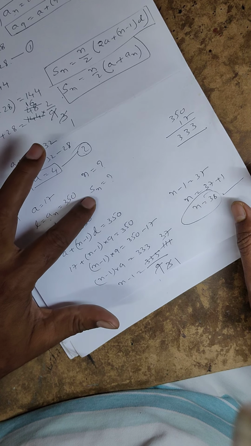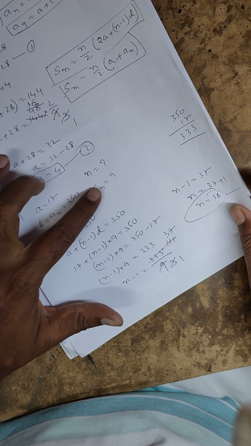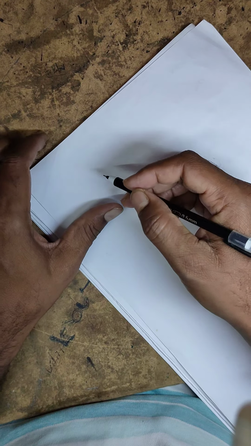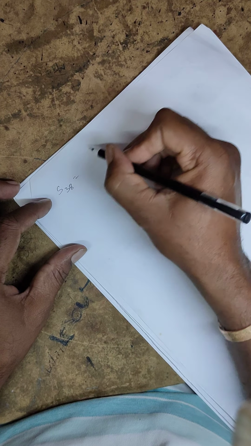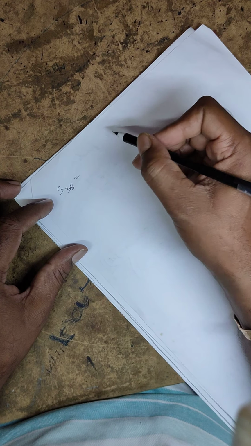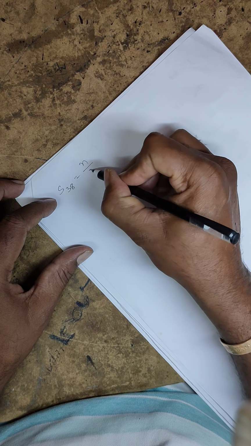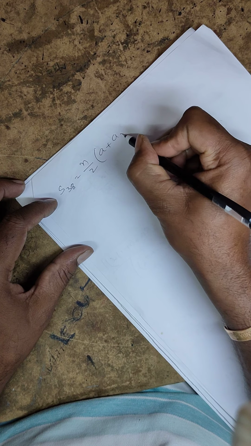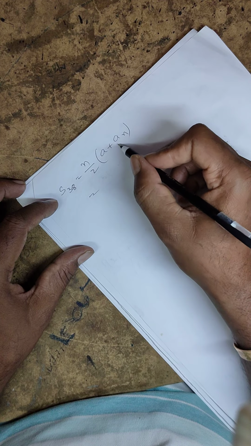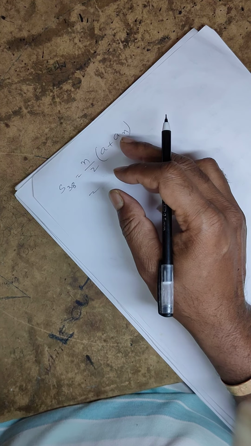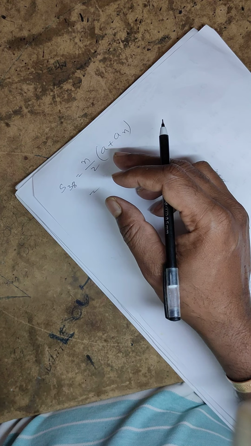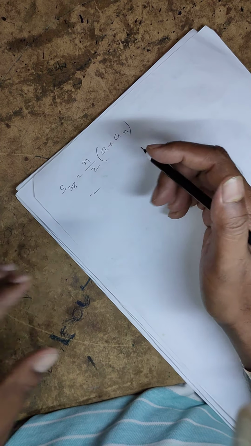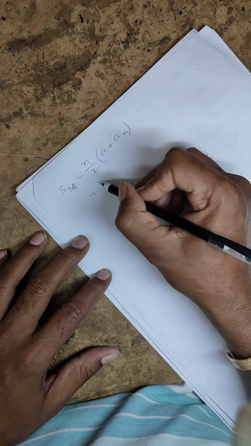After getting the n value, what he asked here is to find the sum of n terms. So n is equal to 38 means you have to find S38. For the S38 formula, Sn, as already said, is n by 2 into a plus an. So I am writing the formula again: n by 2 into a plus an. Why did I write an here? Because we know the an value. If we know a, n, d separately, you have to write the formula for Sn as n by 2 into 2a plus n minus 1 into d.